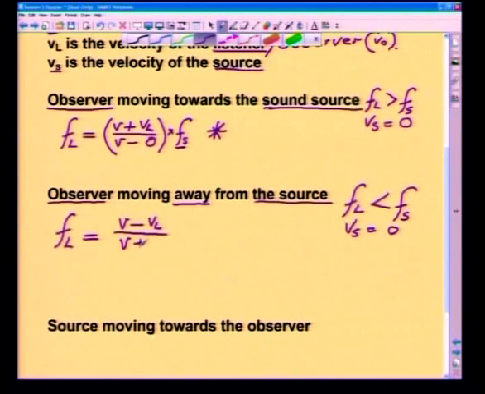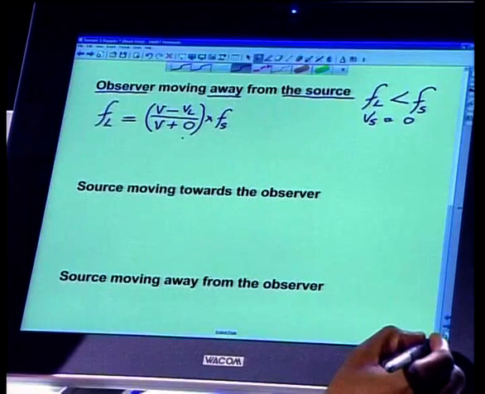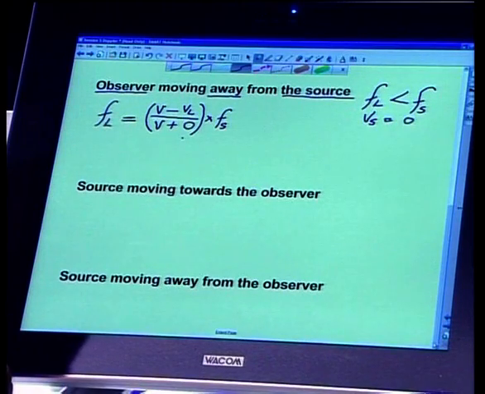This time, we want to make it big. It will be plus 0. Now, the plus, like I explained earlier on, says that we are actually increasing this velocity for us to have a smaller fraction. Okay? Then we multiply that by the Fs. So these two are the conditions where we have the observer moving towards the source and the observer moving away from the source. Now let's check and see what happens when we have the source moving towards the observer